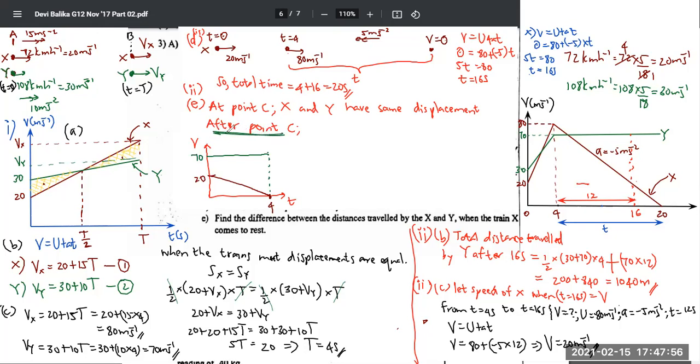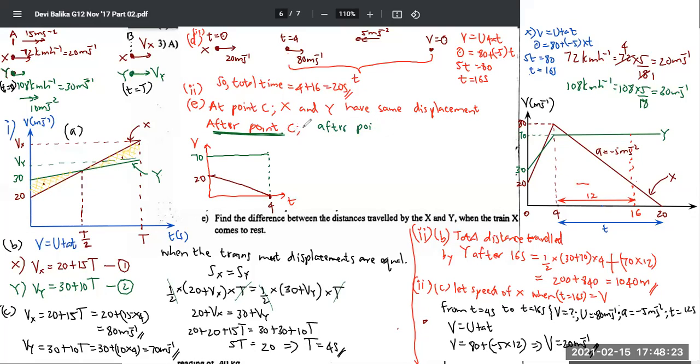After point C, they are meeting, right? If not, you can do it something like this: until 20 seconds, you can find the displacement of both the trains and subtract. But I think that is redundant. We've been doing that over and over again. Let's try something different. So I'm considering what will happen after point C, because at point C, they are at the same displacement. Right, fine. So look at this. After point C,